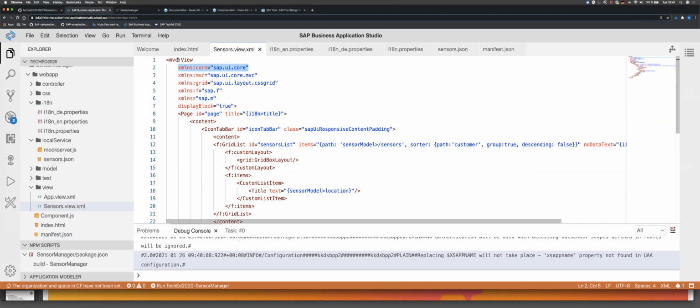Okay, so as we've done that, we actually want to enhance our controller coding. And for our controller coding, what we want to use is a model filter. So in our define, we will need to load the module SAP UI model filter. And we also need to enhance our callback provided. And here we want to add the filter as module name, so that we can actually work with the filter and